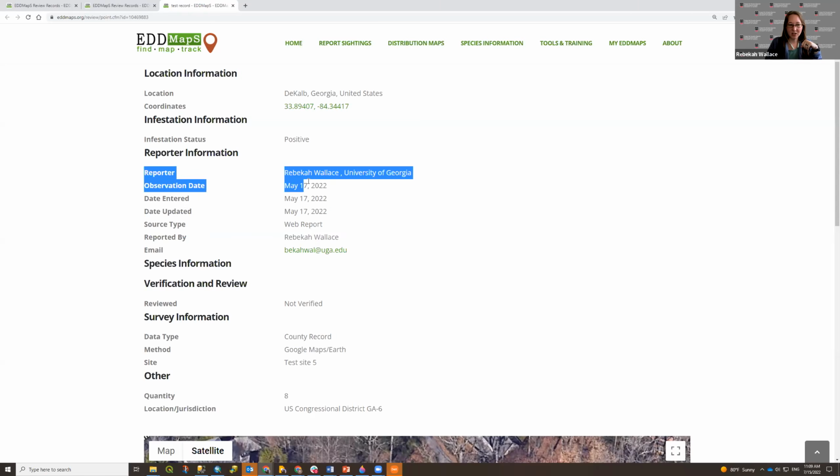I, as a verifier, will also get a couple of extra fields that don't exist for the general public. So in this case, this top field right here is the public reporter's name. This field down here is the account name. So if a person was reporting anonymously, which you can set through your profile page, I will still see their name, and I will also see their email address, and if they included one, a phone number.